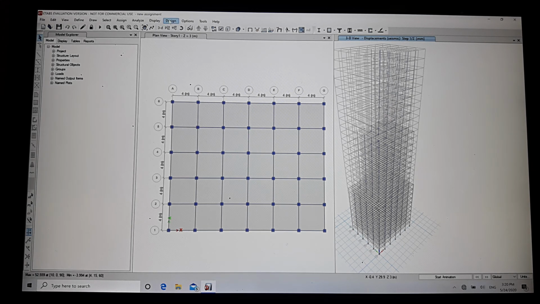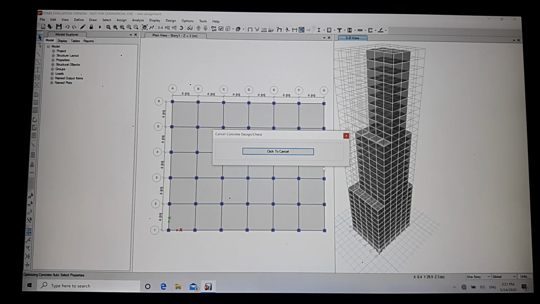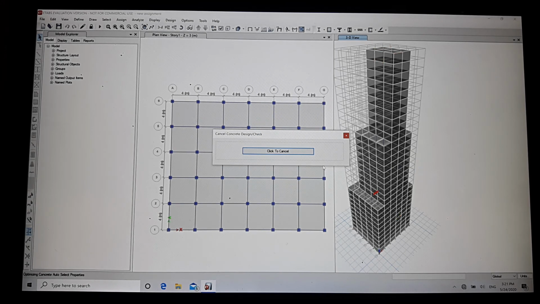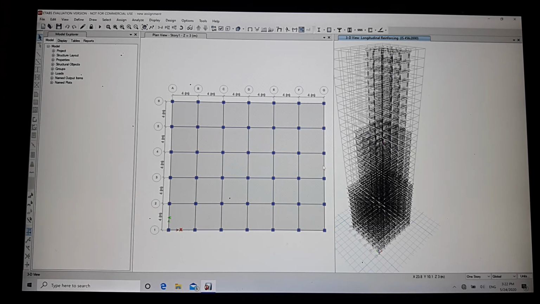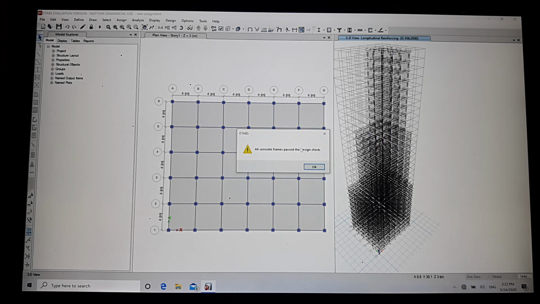And then now click on design option, concrete frame design, and start design check. So our design check is over. So once again go to design, concrete frame design, and verify all members passed. All concrete frames passed the design check. Click on OK.